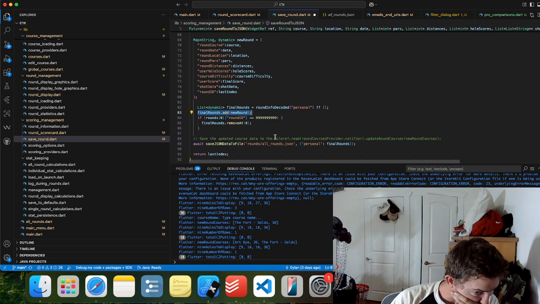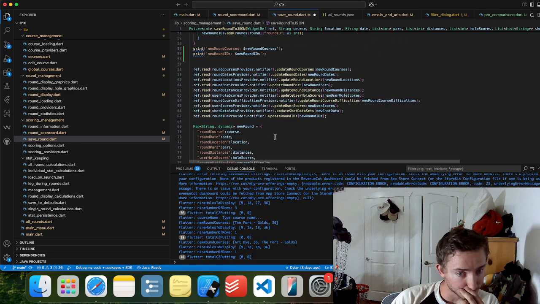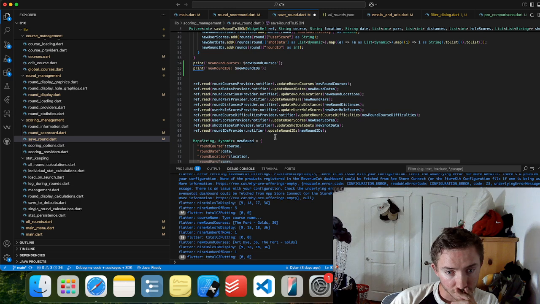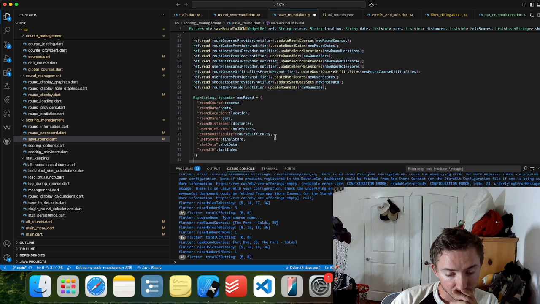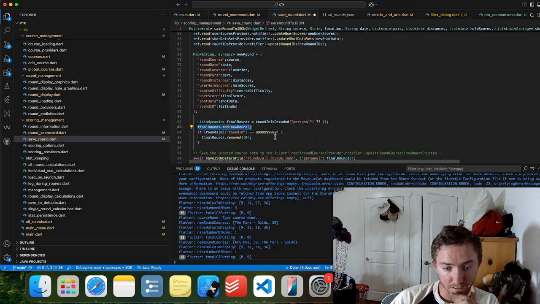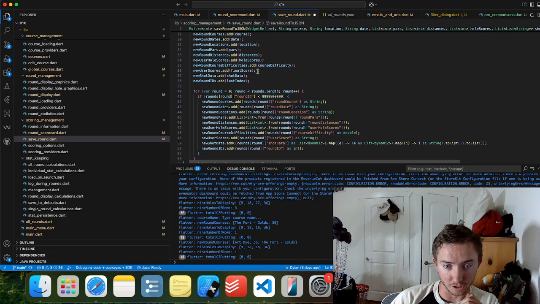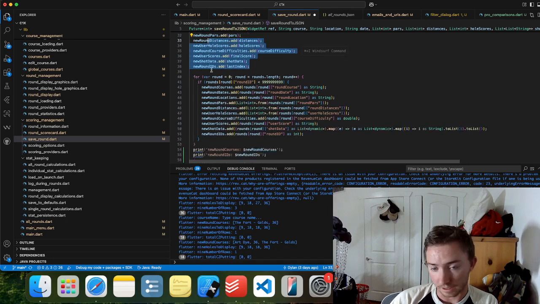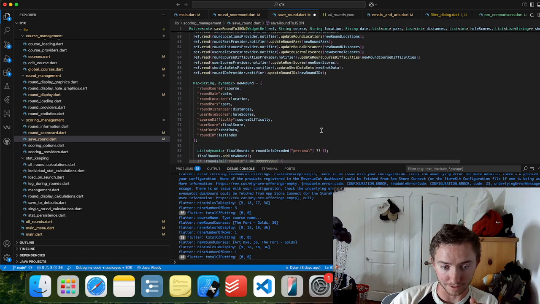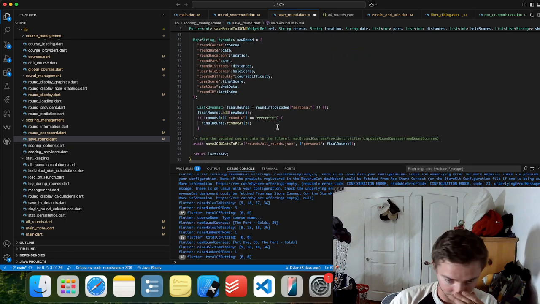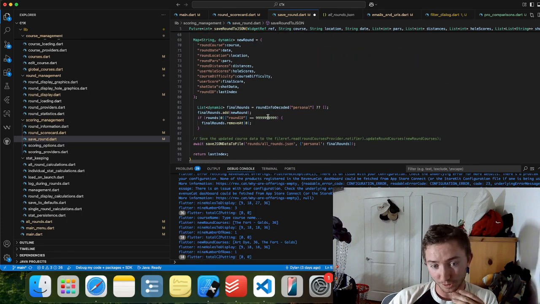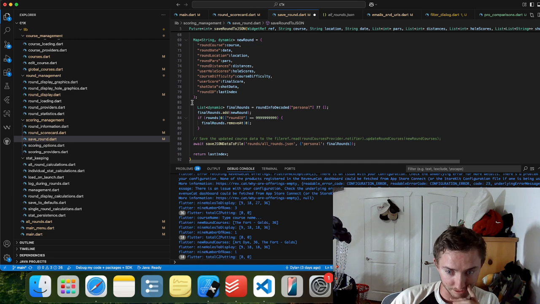Oh, I think I see what the issue is. I see what one of the issues is. So up here, I'm inserting the newly finished round first and then adding the additional rounds after that. Down here, and this is just a very elementary mistake to make, and I don't know how I even made it,